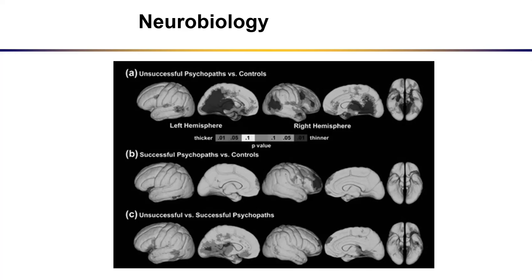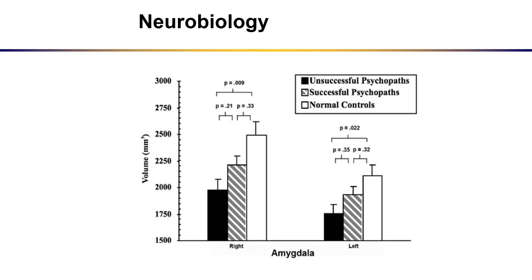And their deficit appears to be in the far anterior temporal lobe, an area where the most abstract thinking goes on. So maybe the higher moral values that we all have just aren't as programmed as well in the successful psychopaths. Now, interestingly, both groups of psychopaths had decreased volume of the amygdala. So how do you think about this? Well,